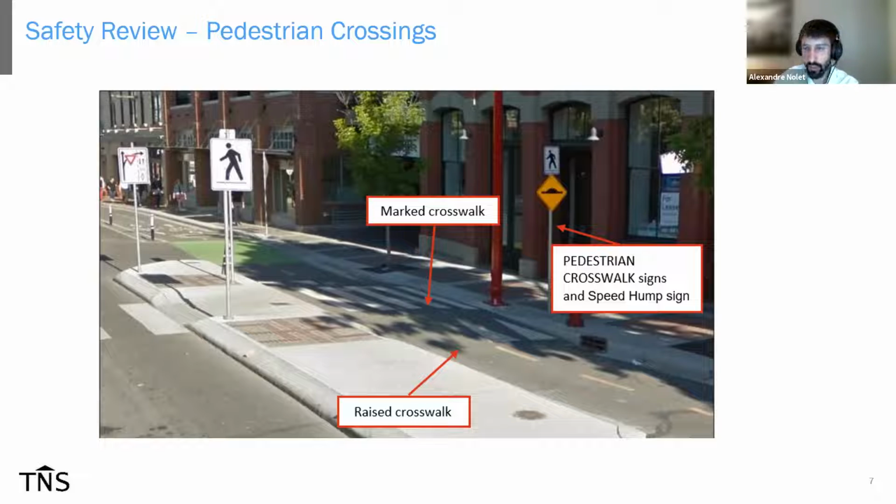There was discussion about the type of traffic control system used at the pedestrian crossing. So here it consisted of pedestrian crosswalk signs, not a higher level of control system. For example, overhead flashing beacons or traffic signals are generally implemented at locations where the risk of conflicts with motorists is high or higher.